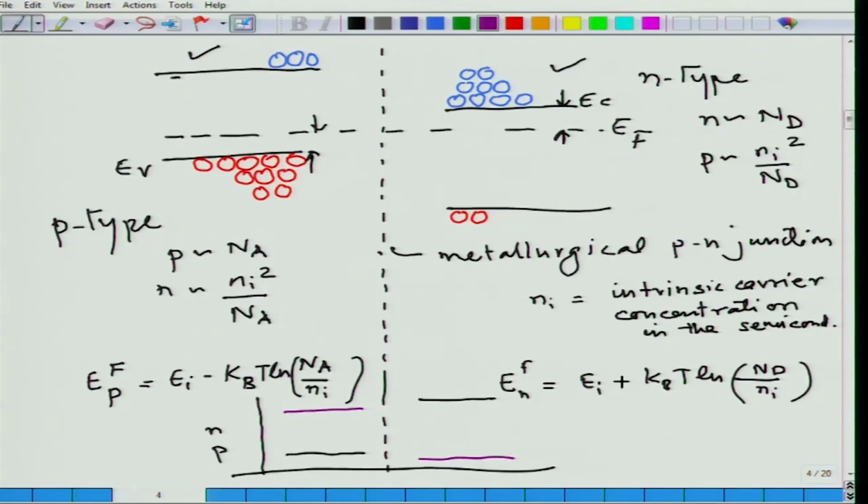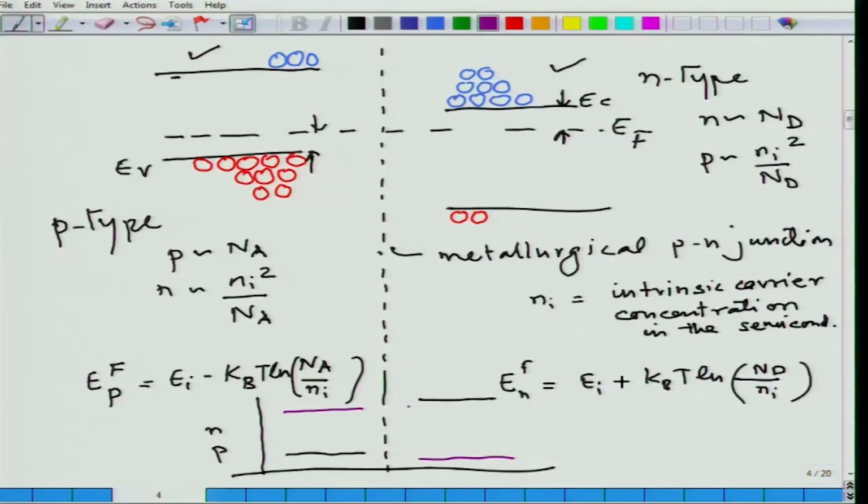If the concentration is more in the n type than the p type, it means there is a concentration gradient and material is going to diffuse. Electrons are going to diffuse from the n type to the p type, and the holes are going to diffuse from the p type to the n type. As a result, you are going to get fewer electrons in the n type and fewer holes in the p type. So, let us see if you allow that to happen,